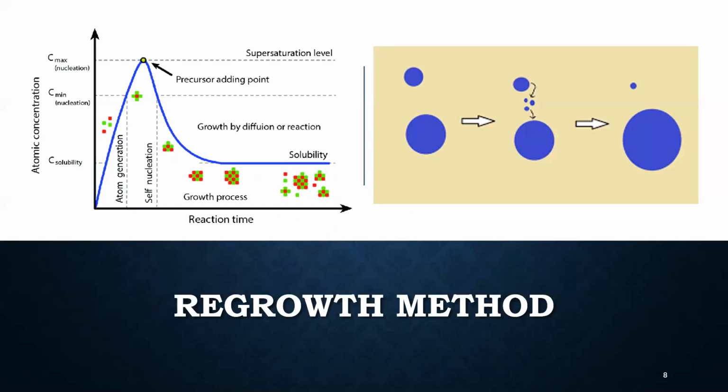To tackle how the uniformity regrowing method has been applied and developed to seedless gold nanorods, from the LaMer mechanism, as you can see from the left picture, there are two stages of growth process. Focusing stage, where there is a rapid increase in size that narrows down the size distribution. A defocusing stage, where there is a rapid decrease in growth rate that widens the size distribution. This defocusing stage is due to Ostwald ripening,